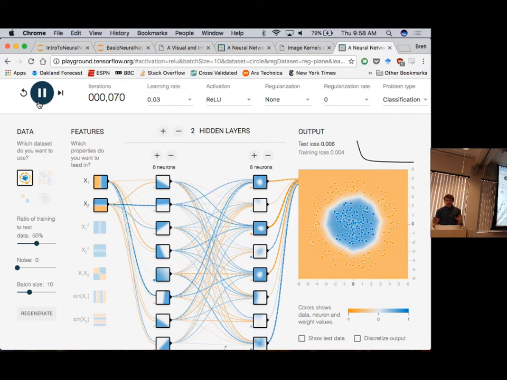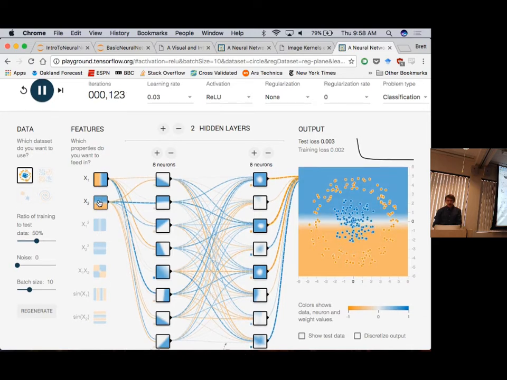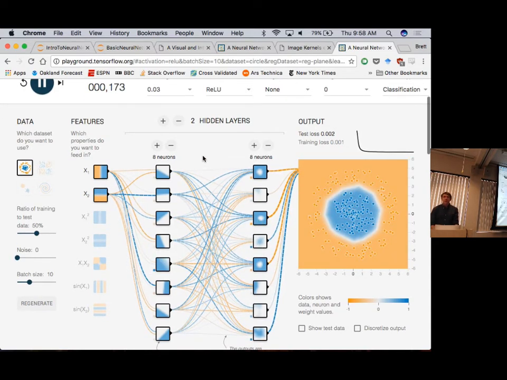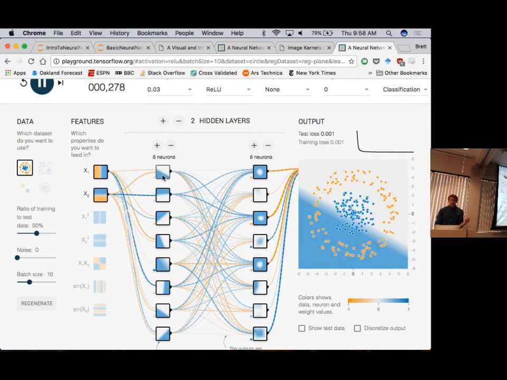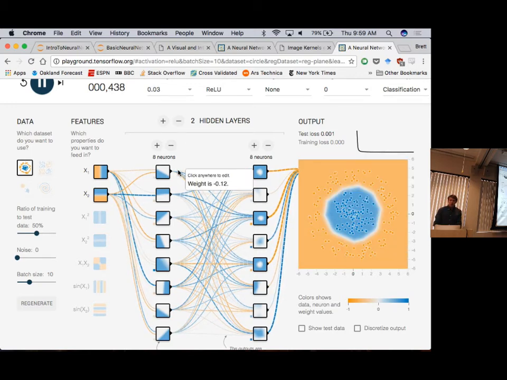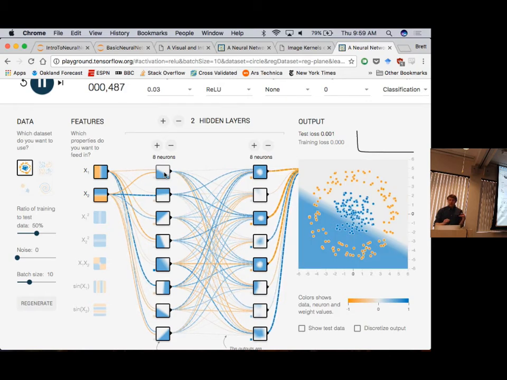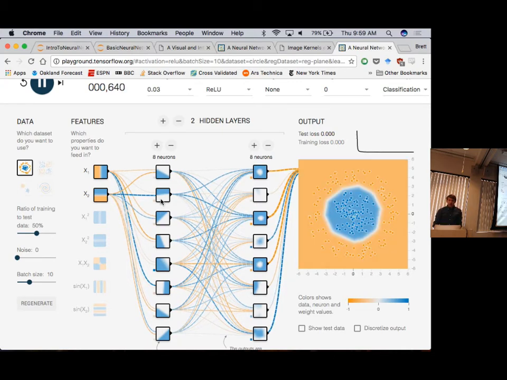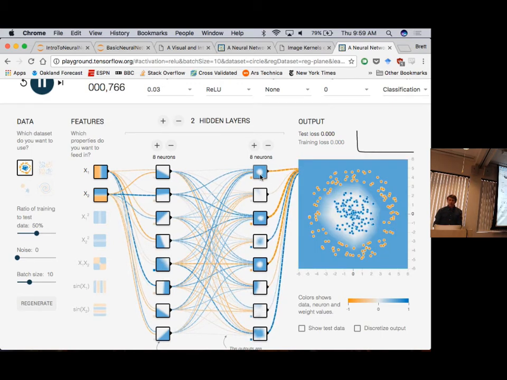With this one, it just immediately figured it out. And this also has this cool property where each of the individual neurons, if you hover over it, you can see for different places in the input space whether it's activated or not. So this neuron here is learning to distinguish between this half plane and this half plane, and these are other half planes. Basically, these are just a bunch of different half planes, but when you combine them in different ways, you can learn something pretty complicated like this.